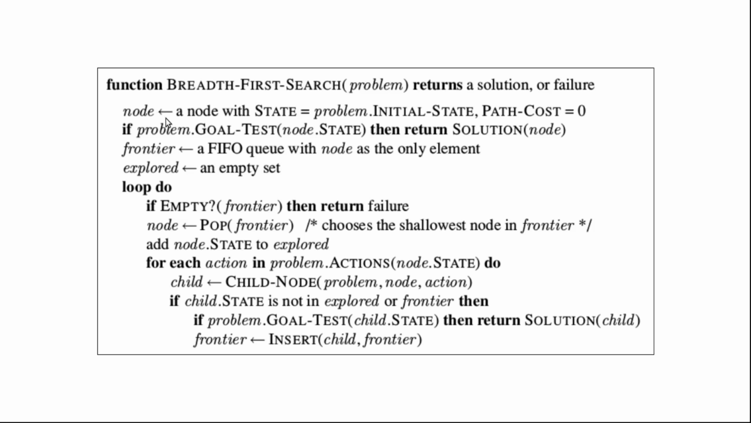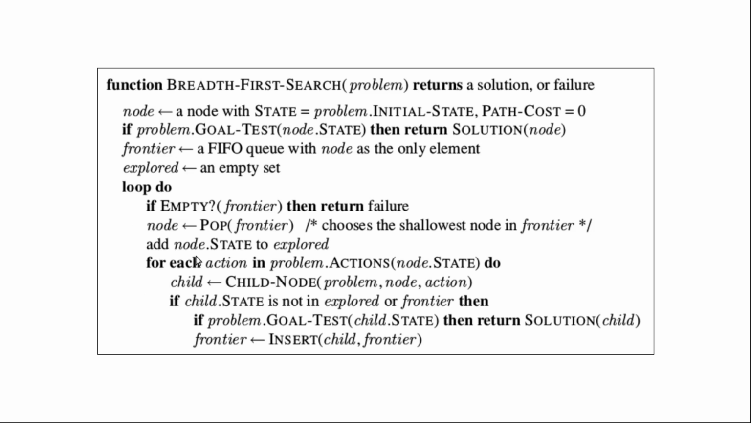The next step is to check whether the node that we have created is the goal node or not. If it is a goal node, then we return the solution right there. In our example, Arad was not the goal state, so we won't stop here. Instead, we create a FIFO queue with this node as its only element. In our example, if you remember, we created a FIFO queue with Arad as the only element. So we create the frontier list, and then we create an empty explored set, and then we execute a loop,